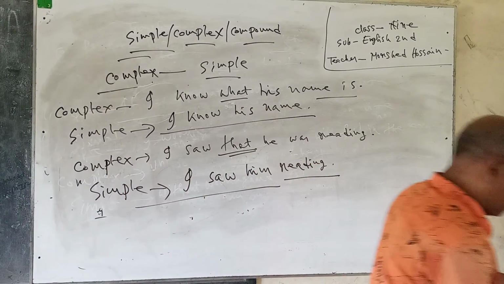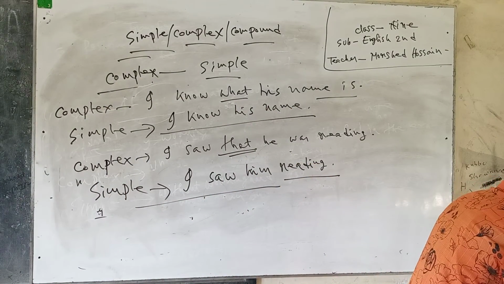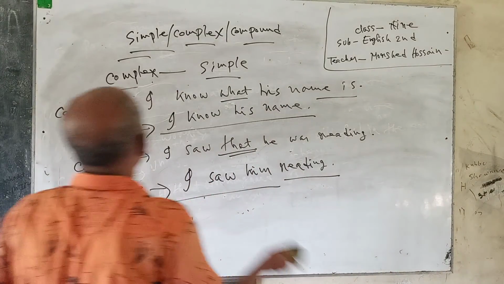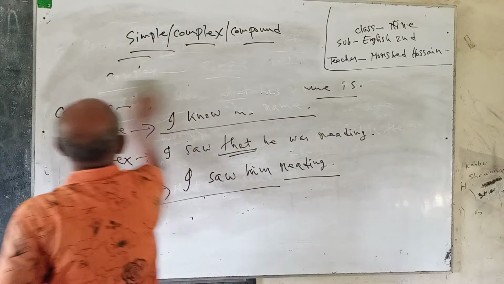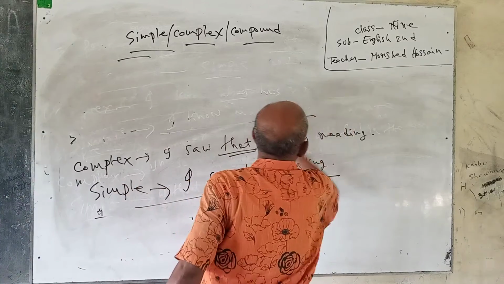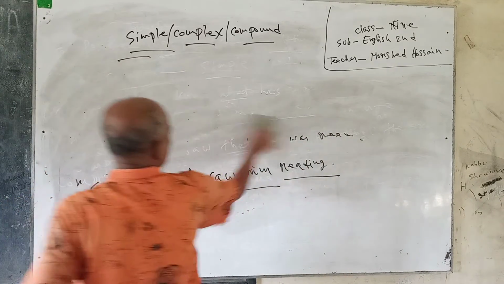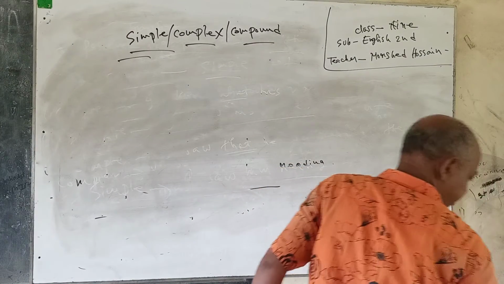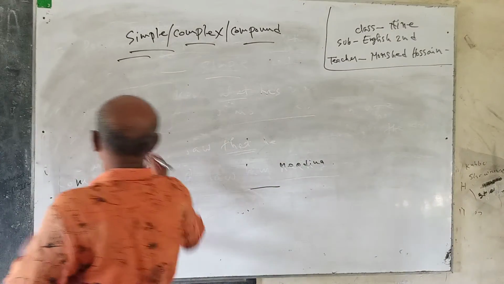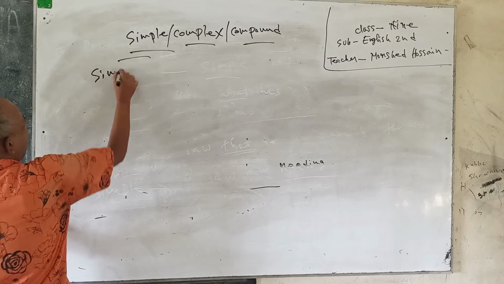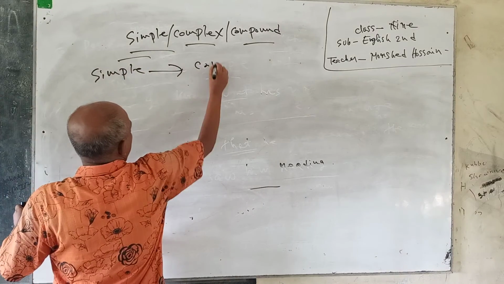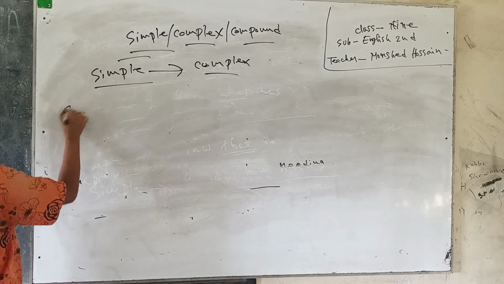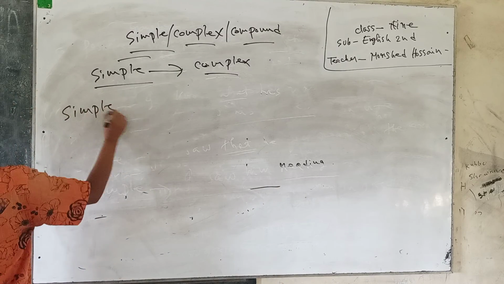Complex to simple. So we are going to discuss another thing of the first person sentence. Now we are going to discuss simple to complex. Simple to complex, we are going to discuss now. Now, simple. Health is